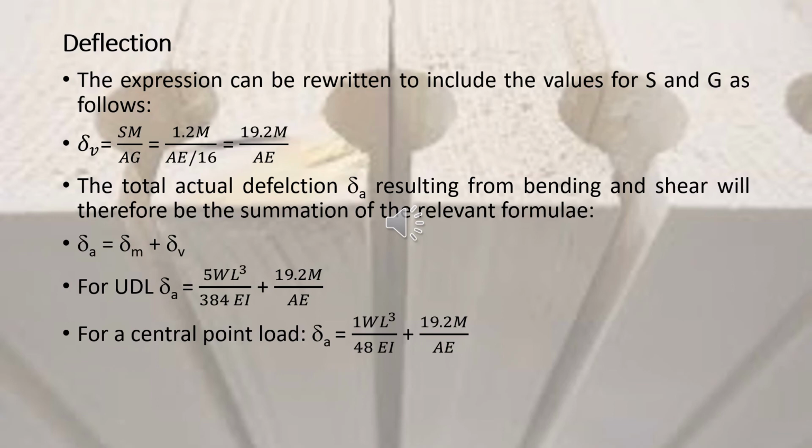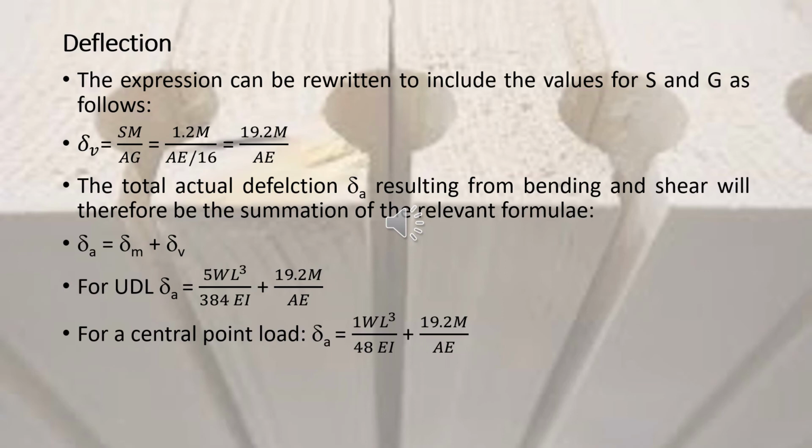Now when we rearrange it, we get 19.2M over AE. So this becomes our formula to be used for the determination of deflection due to shear